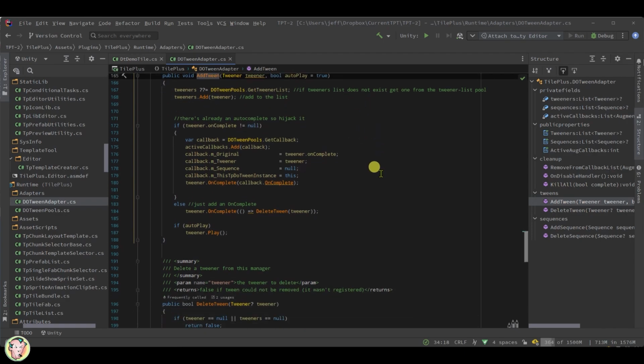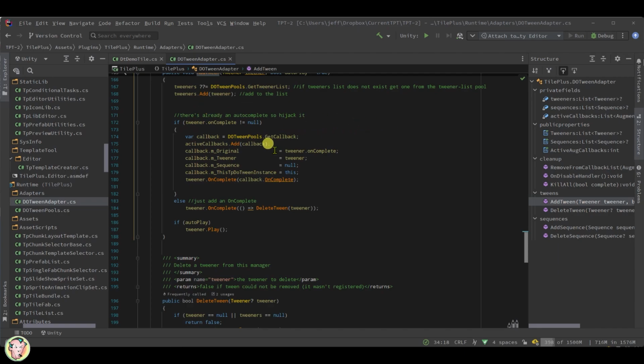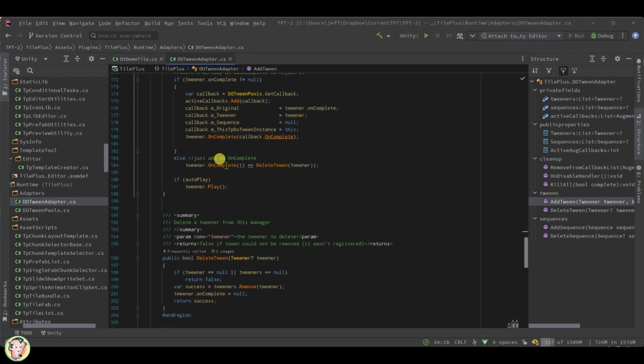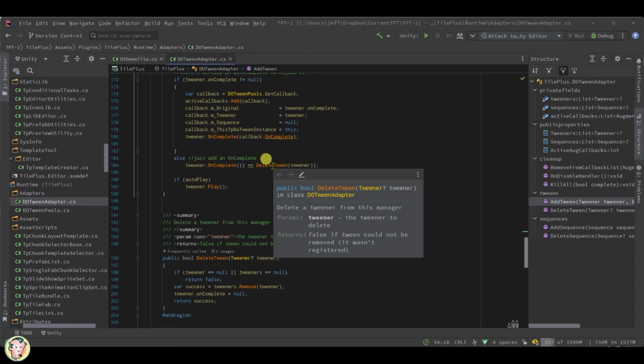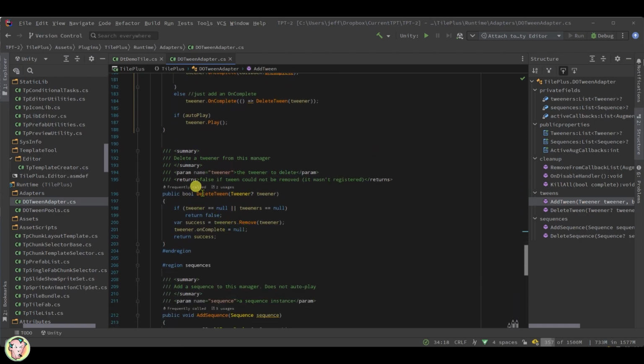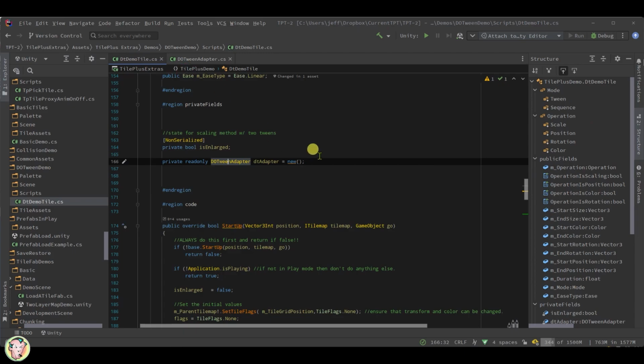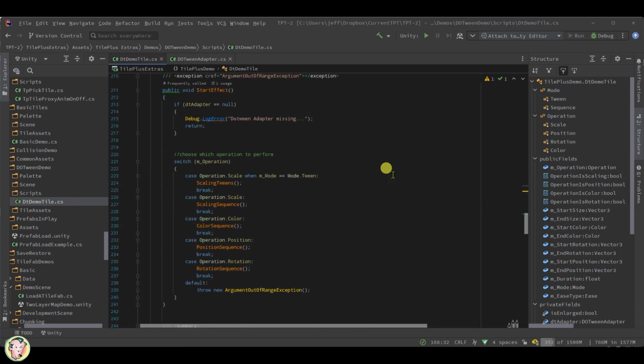So you add the tweener to the list. If there's already an autocomplete, you get a new callback from the pool and basically sort of hijack the pool. You can examine how this works yourself. It's not that complicated. Otherwise, just add an onComplete to this custom delete tween. And delete tween on autocomplete will remove the tweener from the internal list. And sequences work similarly. What happens on disable is, if you recall, in the DT demo tile, we have our